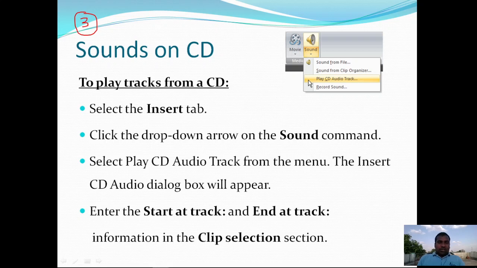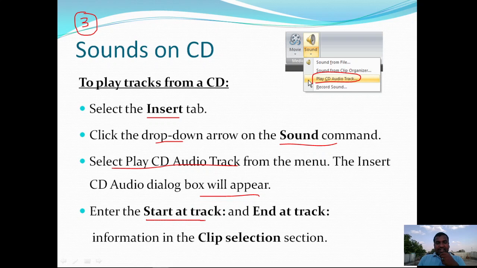To play the tracks from a CD, select the Insert tab first, then click on the drop down arrow, go to the Sound command and select Play CD Audio Track. So here you can now find the Play CD Audio Track command. Then the CD audio dialog box will appear.